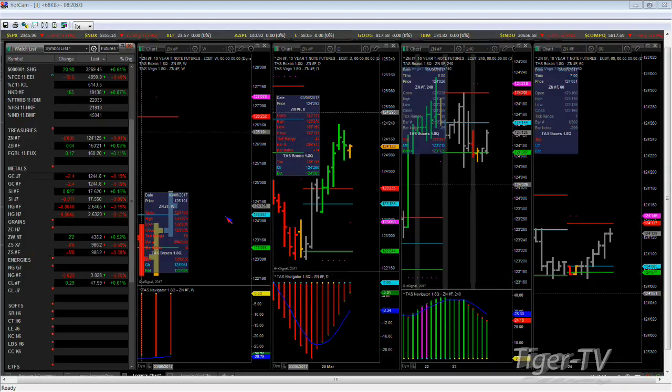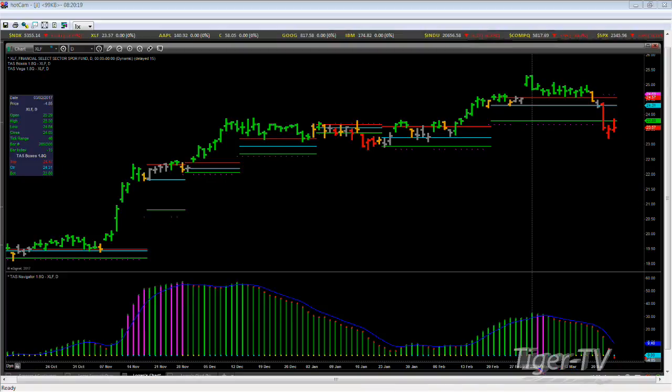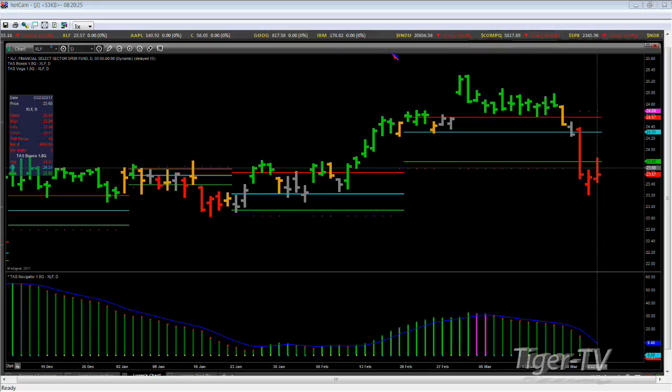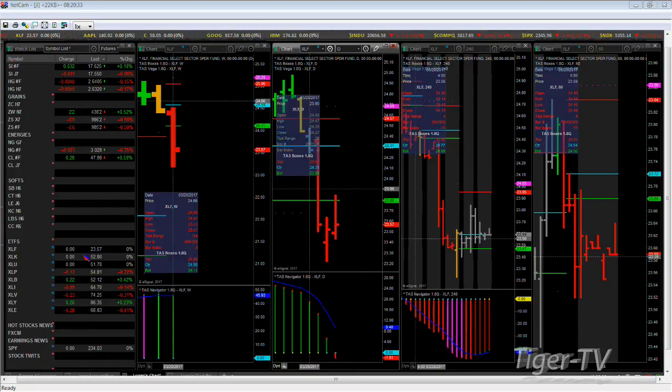XLF, let's just hit this really quick. Obviously, kind of taking it on the chin lately. Broke down technically on the weekly. I wasn't expecting that type of breakdown, but on the daily, we went back up and retraced into this 2380 and backed off. Pre-market, looks like we're about where we closed. Looks like we got a couple of prints going off there, 2359. So that's the story there.